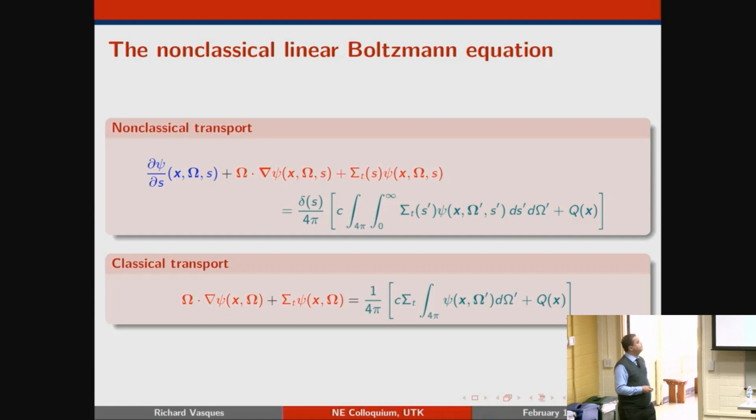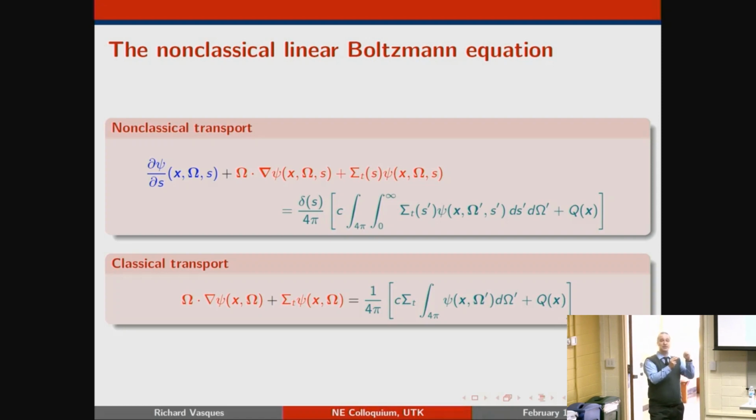The other oddity is the right-hand side now has a delta function. What the delta function is doing is resetting that value of s every time a collision happens. So when a particle is born, it has to be born with s equals 0. So it's in front of the q. When a particle collides, the value of s, representing distance traveled since previous interaction, gets reset to 0, because now this one is my previous interaction.